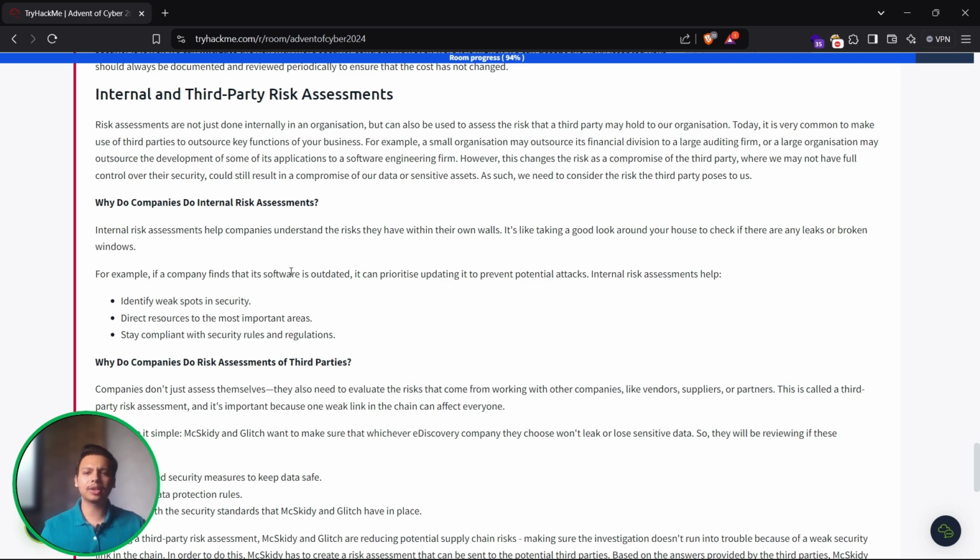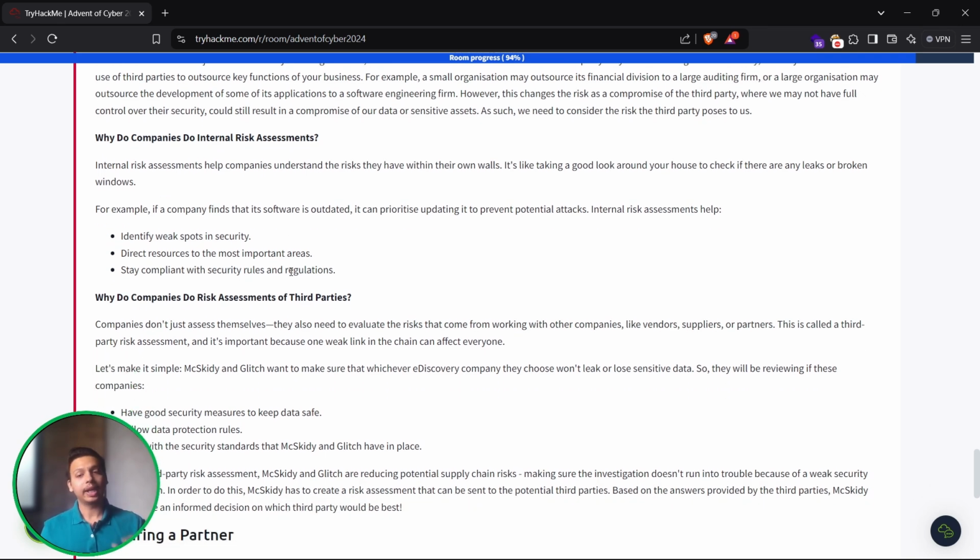So why do companies do internal risk assessments? Internal risk assessment helps companies understand the risks they have within their own walls. It's like taking a good look around your house to check if there are any leaks or broken windows. For example, if a company finds that its software is outdated, it can prioritize updating it to prevent potential attacks. Internal risk assessment helps identify weak spots in their security, direct resources to the most important areas, and stay compliant with